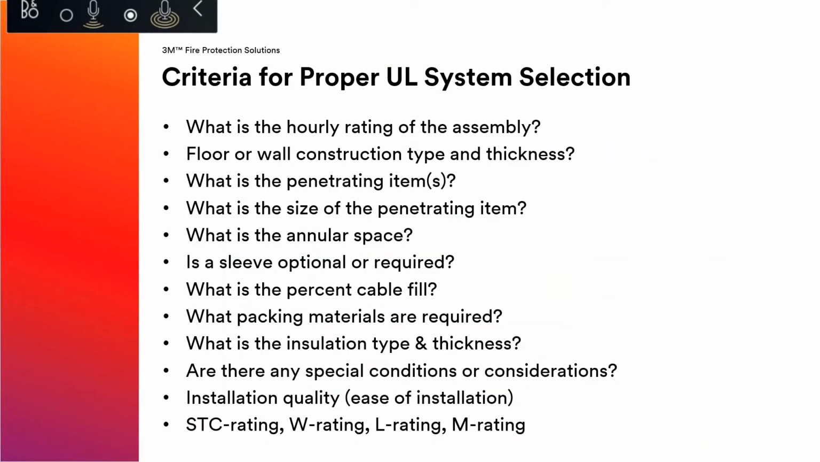So criteria: if you're being asked to install or provide a fire rated solution, or if a contractor's coming to you, the distributor, asking for the appropriate product, it's not just give me something red or give me something that's 2-hour rated, right? We want to know exactly what the scenario consists of. So some